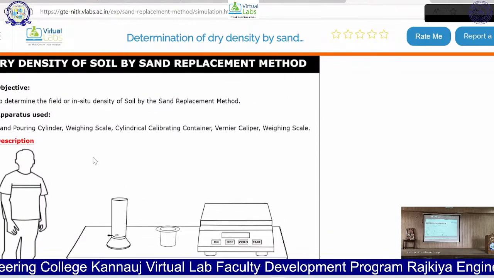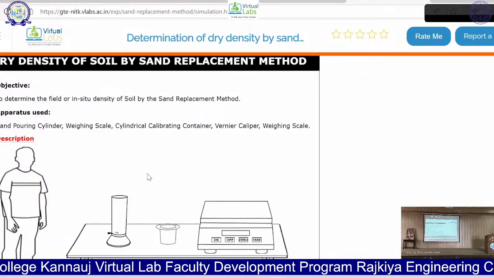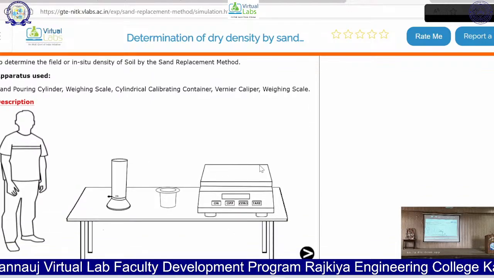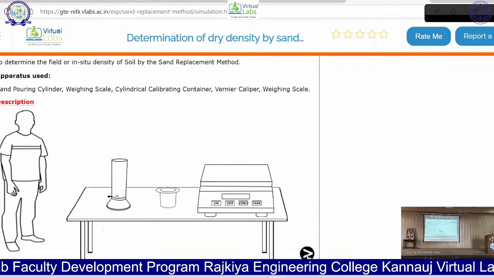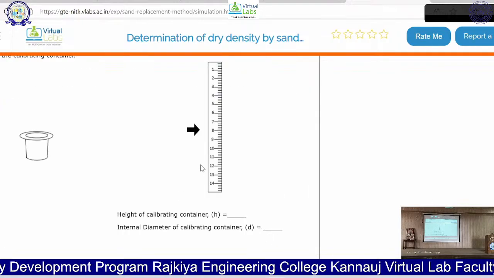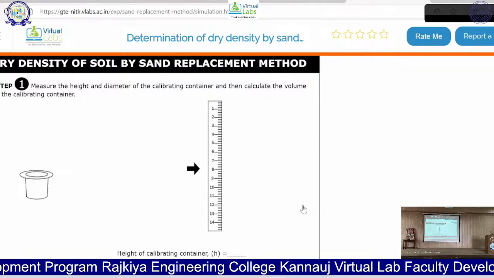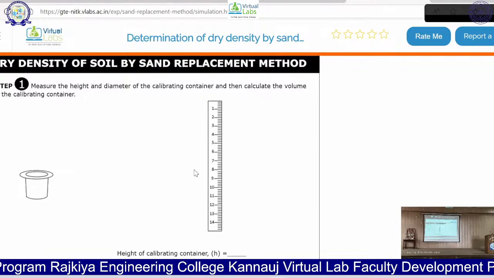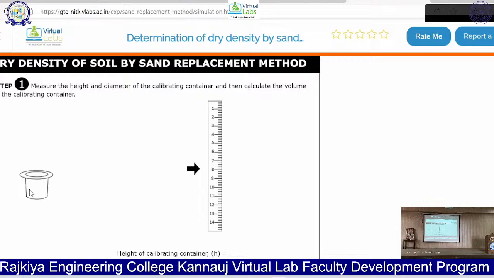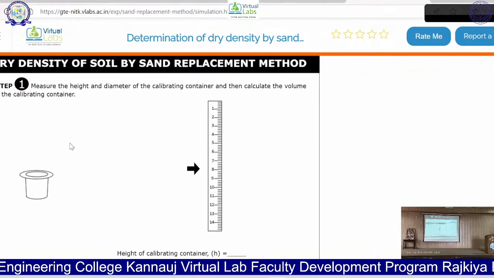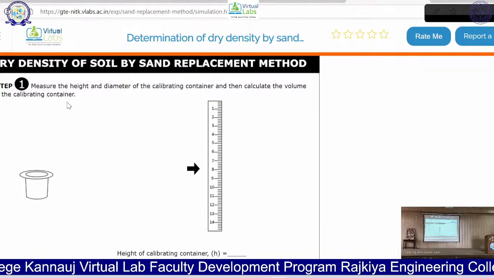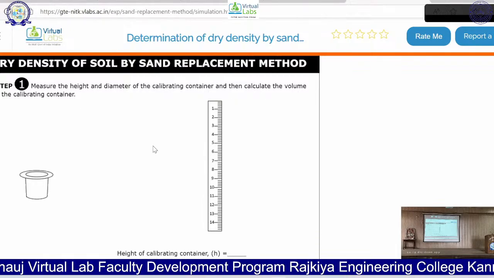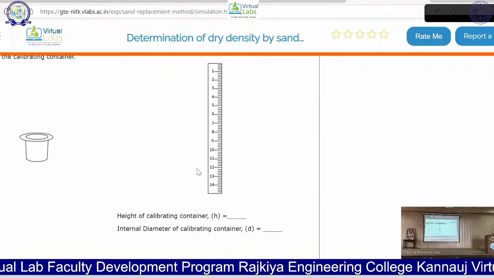You can see this. We have opened the simulation procedure, where you have to click on this button. Now your simulation has already started. Step 1 is to measure the height and diameter of the calibrating container, then calculate the volume of the calibrating container.